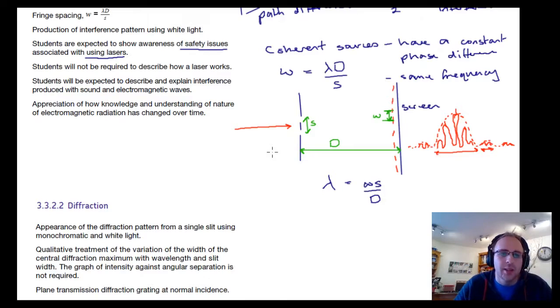What have we missed? Interference patterns using white light. So if I were to use white light and create a coherent source by passing it through two slits, what I would see is not quite the same as this. Each one of these little dots would be spread out into a spectrum. So if I have this equation here,